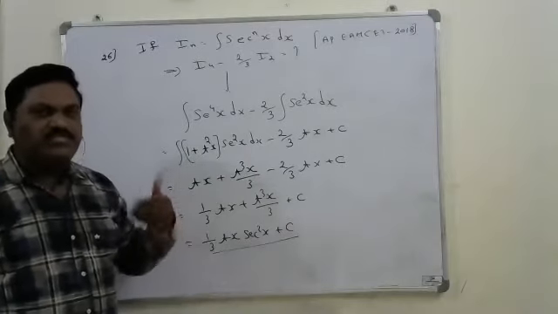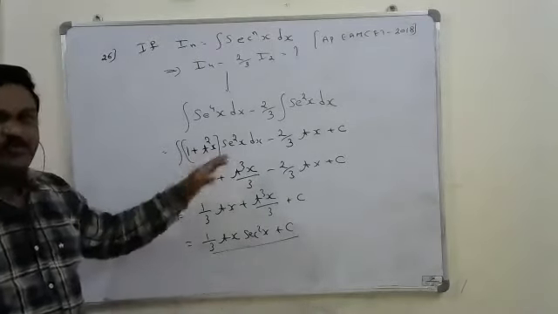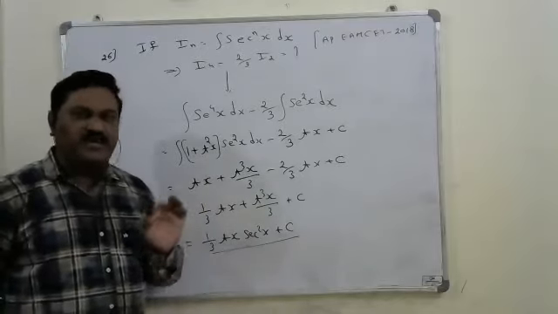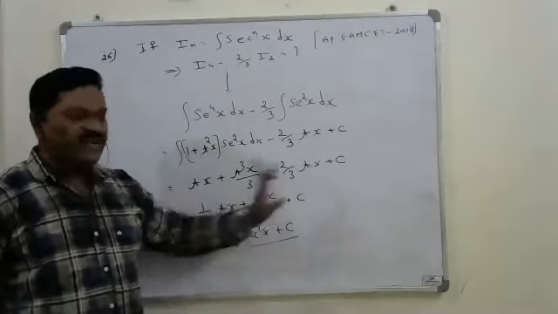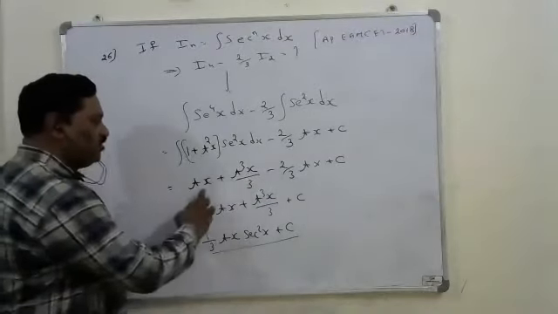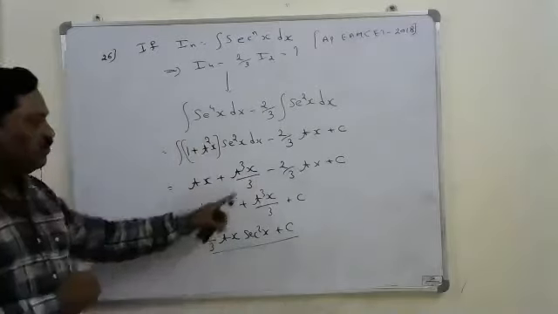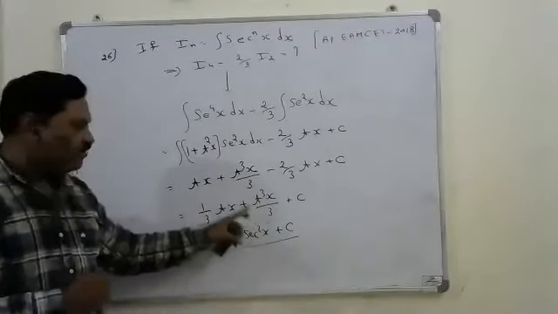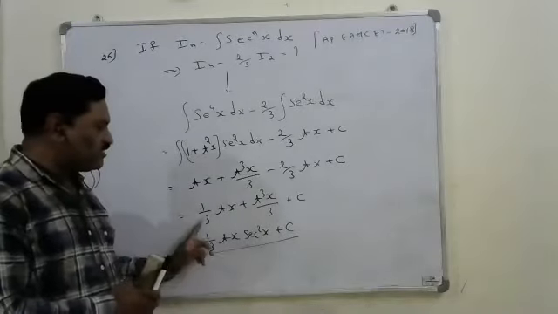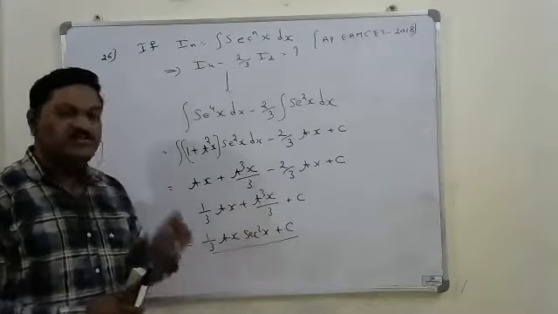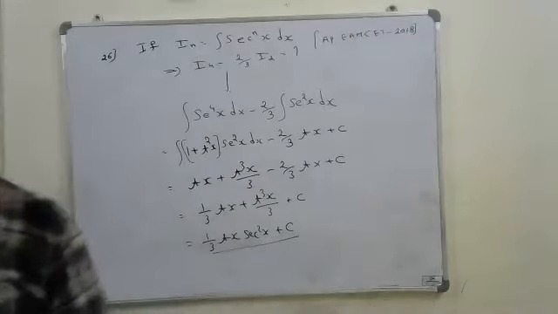So integral of 1 plus t square dt: integral 1 dt is t, integral t square means t cube by 3, where t is tan x. So it is tan x plus tan cube x by 3 minus 2 by 3 tan x. Now from these two I can take tan x common, 1 minus 2 by 3 which is 1 by 3 tan x, plus tan cube x by 3. Again from these two I can take 1 by 3 tan x common, remaining 1 plus tan square x which is secant square x. So this is the final answer for it.